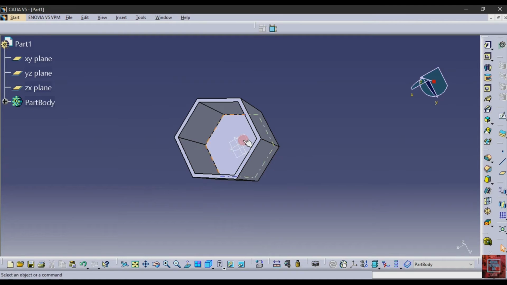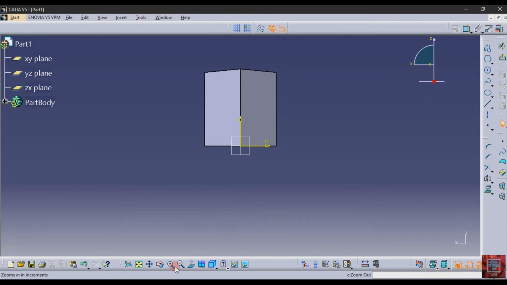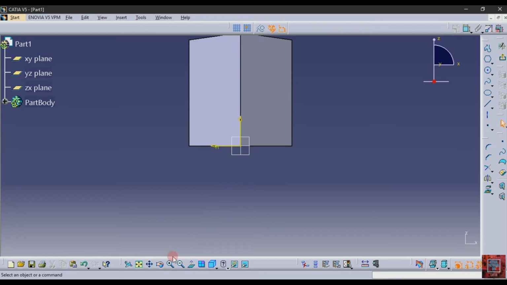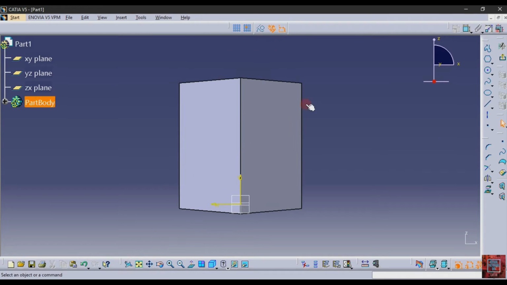After that we have to make the holding bar. So for that select the ZX plane, then Sketch, zoom it out and Normal View. After that select this edge and project it and make it into a construction line, and then again select this edge and project it and make it into construction lines.